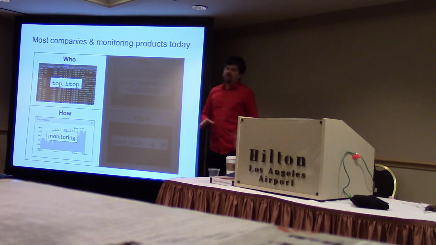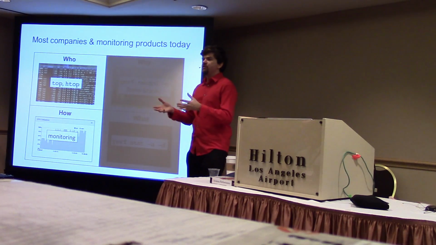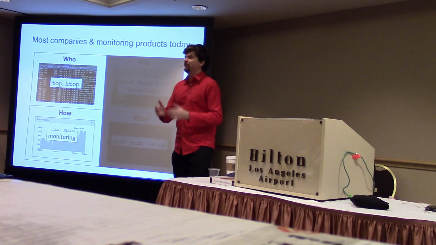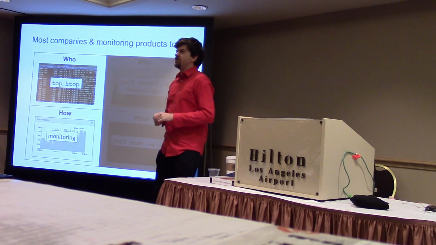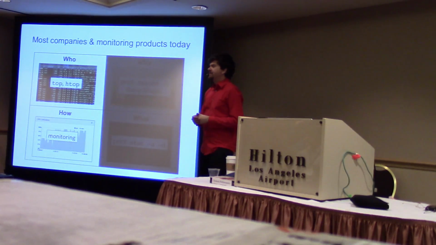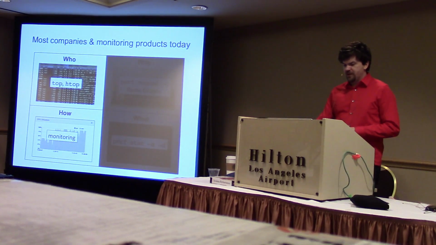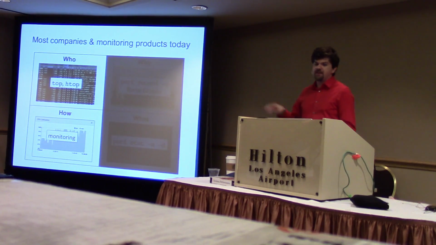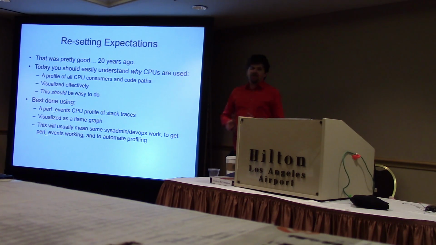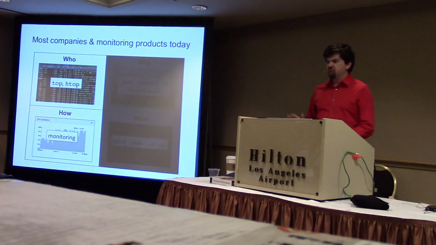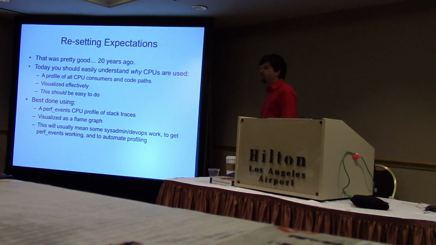And it gets tricky. A lot of the time I see people treat applications as a black box. And instead of using a profiler, let's just go and add print statements and dump it to a log and deduce it that way. Or we'll just make assumptions. We know that this code path is hot on CPU, so just time it, add some timers around it, and so on and so on. Profiling will show you what's really happening and why you're really eating CPU cycles. And of course, to understand what the CPUs are really asked to do is helpful as well. So in terms of resetting expectations, doing just top-level metrics, who's eating CPU, who's on CPU, and showing that over time, that was pretty good in the 90s.